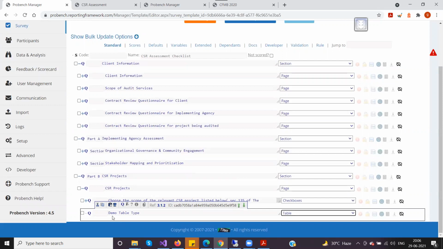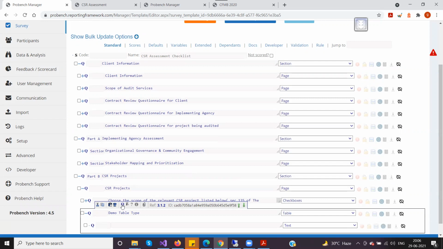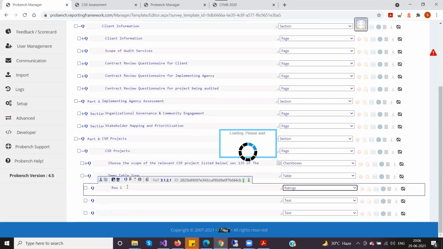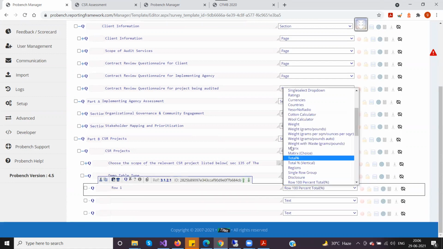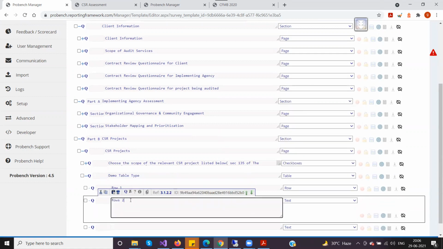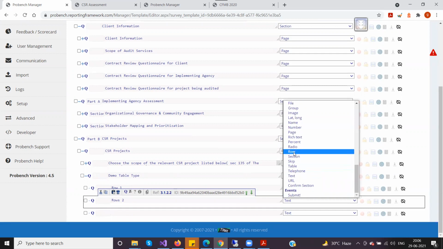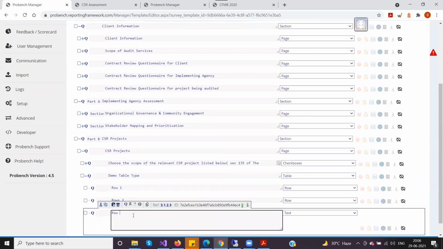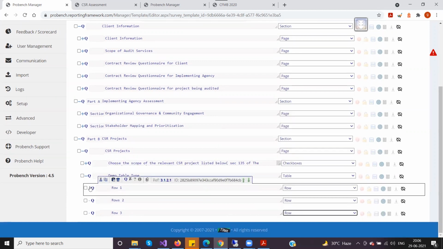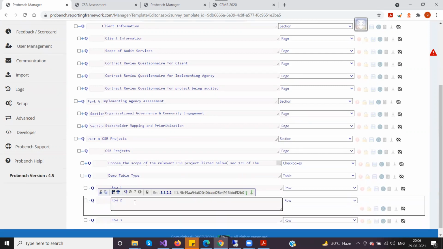So what you need to do is create multiple rows under the table. I'll create three rows. I'll name it row 1 and give the type as row. Then I'll give row 2 the type row, and another row 3, which will again be of type row. So I have created three rows within the table,